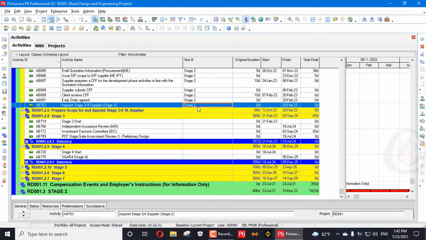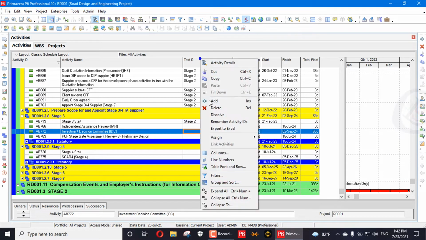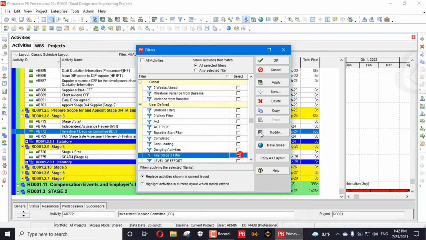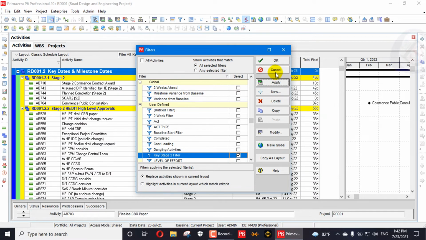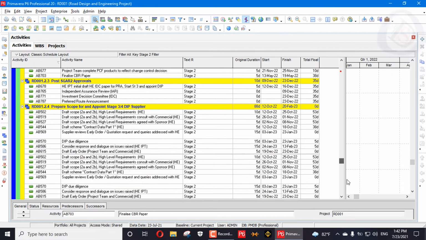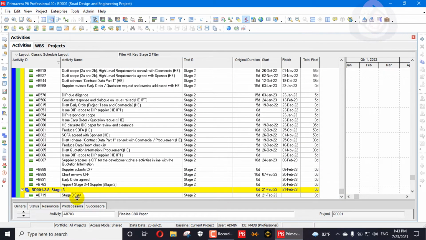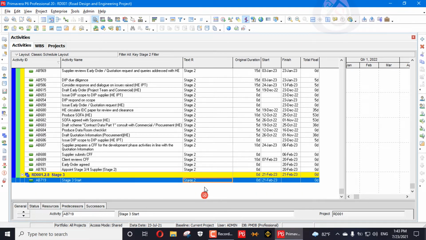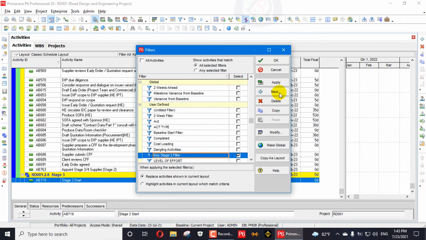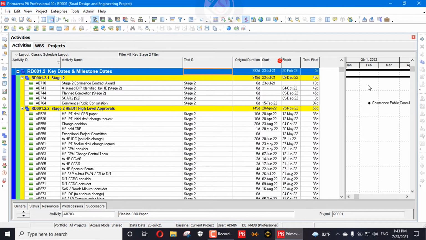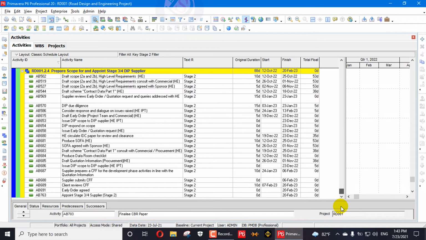For example, I will show you. Show this one and go here in the filter, and you will see here apply, because it's applying on text. You can see Stage 3 is also showing here. So if you remove it from here, it will disappear. See here, it has disappeared.